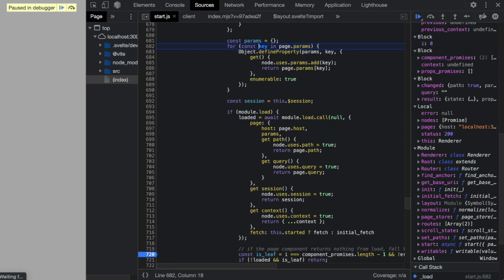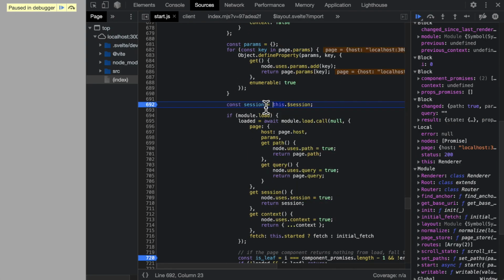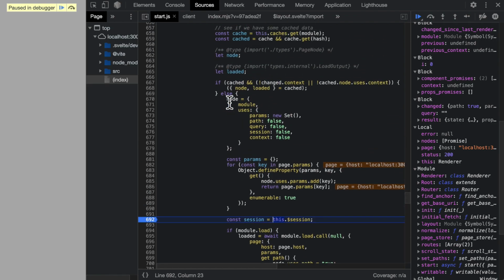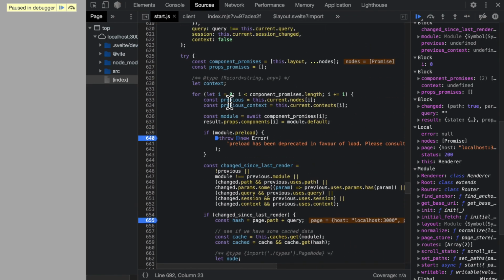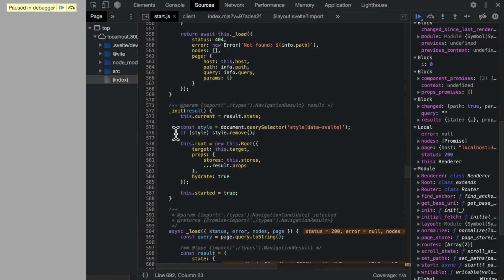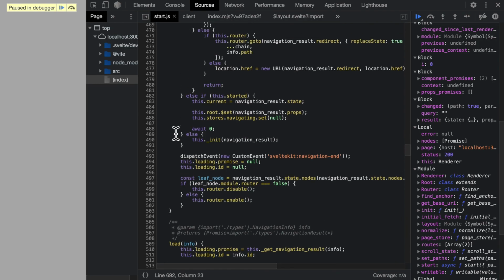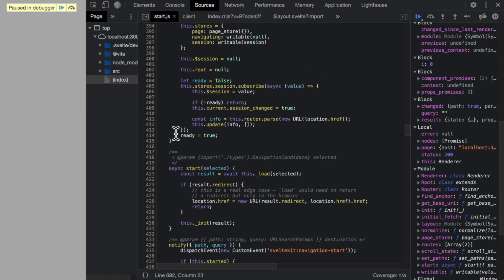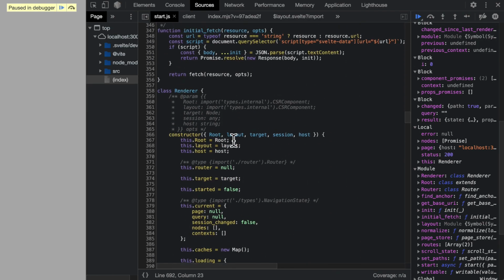And we go to this thing called session. Let's go up to see where this is. It will be part of renderer, and session originally was